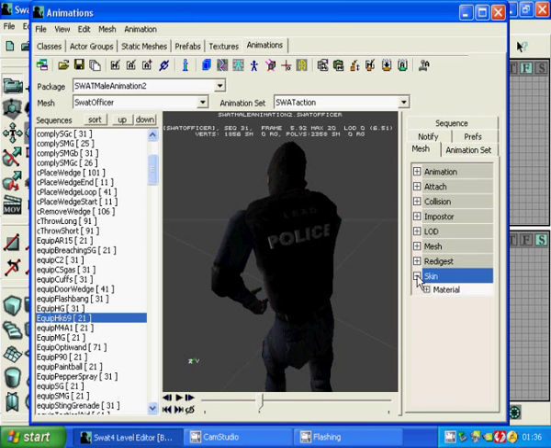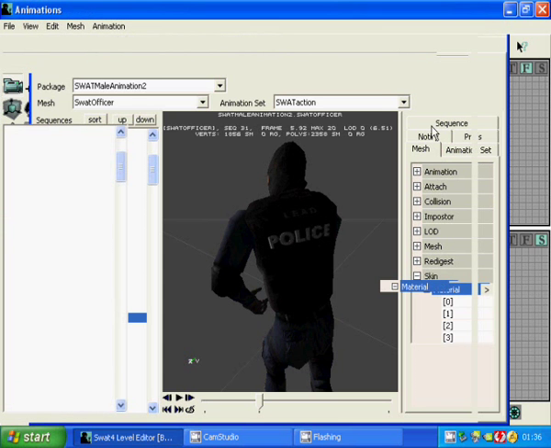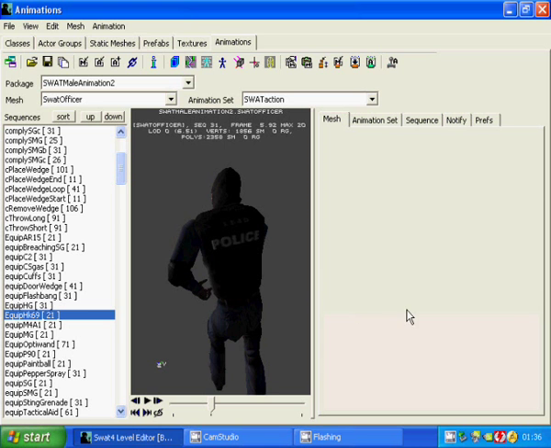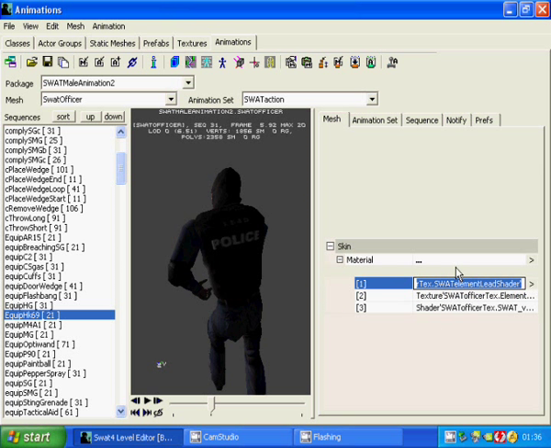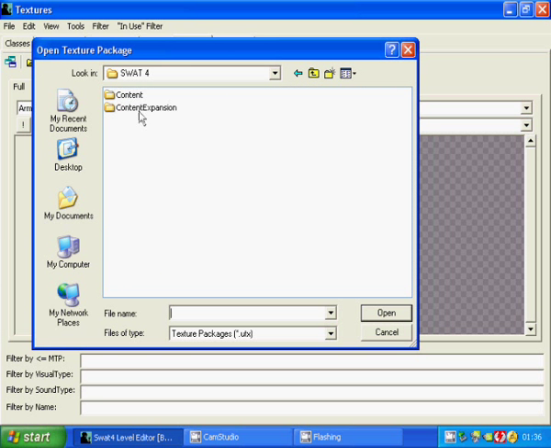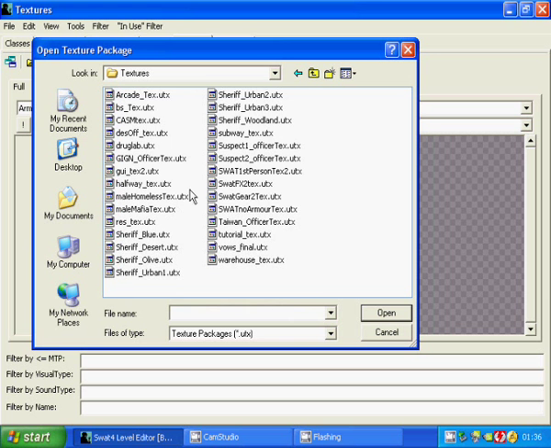And I'm going to click this little tab here, open up the skin, material. Let's make this for a little bit of a bigger view. And then they're the textures that make up that particular model right now. That's what we're seeing right now. I'm going to open the textures file, textures browser, sorry. We're going to find our previously saved texture package, which is there,